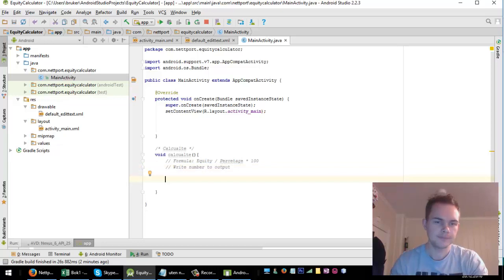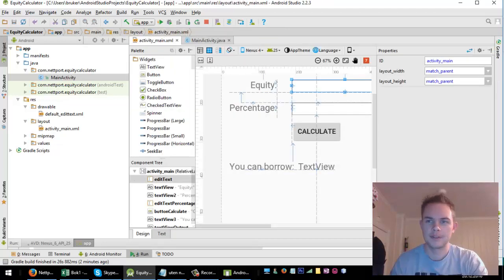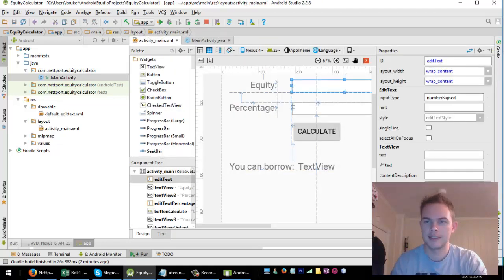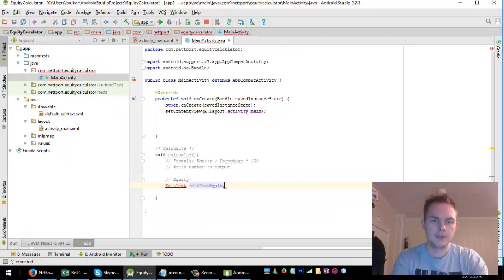So let's start by taking the equity. So equity is, let's close this. We can have a look at this. It's an edit text, and we have to name it edit text equity so that we can find it. So an edit text of the name edit text equity is an edit text,